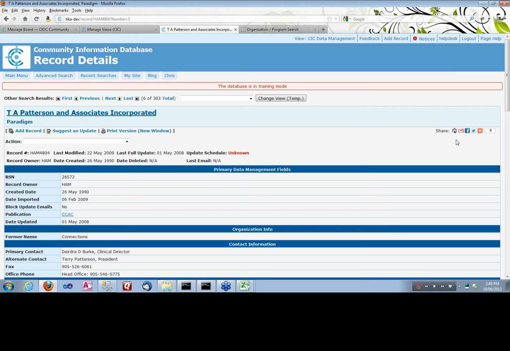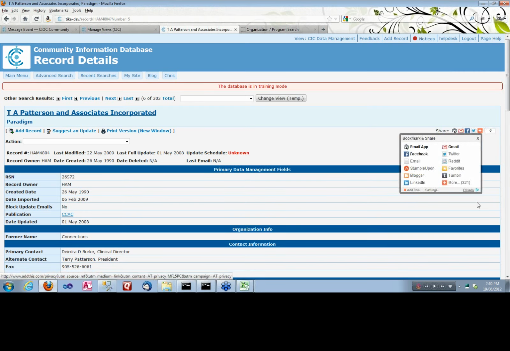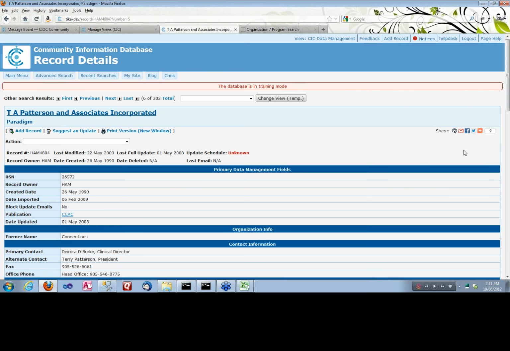We've configured some defaults to show different services here, but Add This is actually geared to the user. So I can click settings and tell Add This what my personal preferences are for the services that I like to use. So it's about the actual person looking at the page. It's not something you set up for your whole site, but rather each individual person who comes to your site may have set up different preferences with the service Add This, and based on their preferences, that's what it would show here. Okay, so there's a default for people who haven't configured preferences with the Add This service,